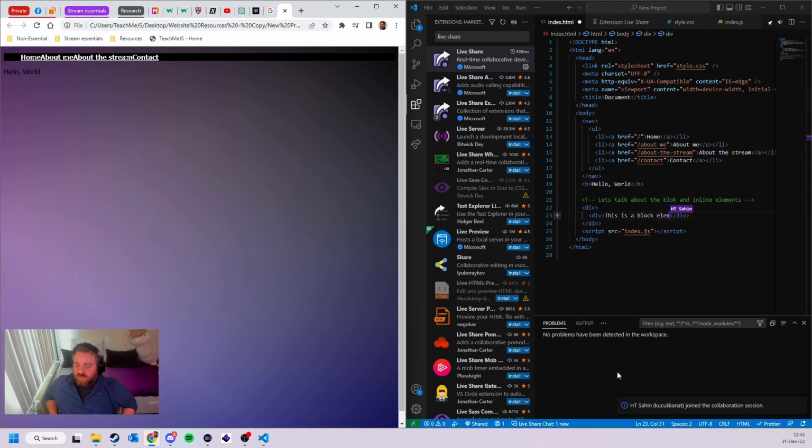So this is a block element. And P is an inline element. No, paragraphs are also block elements. Oh, okay. So if I put another